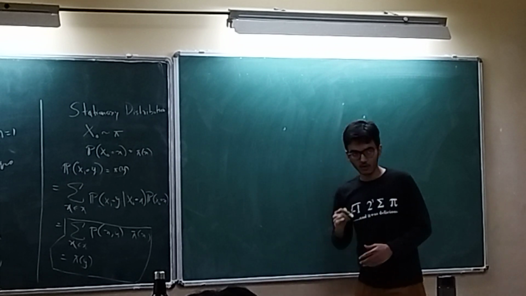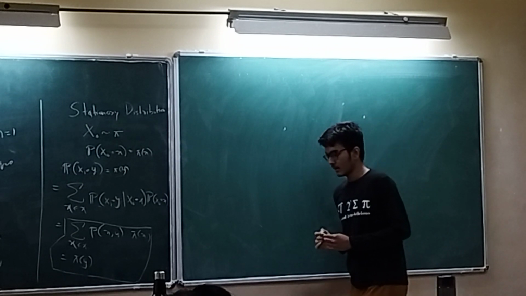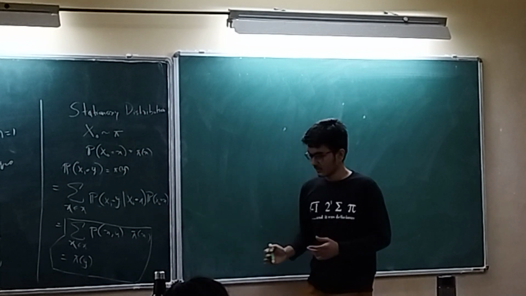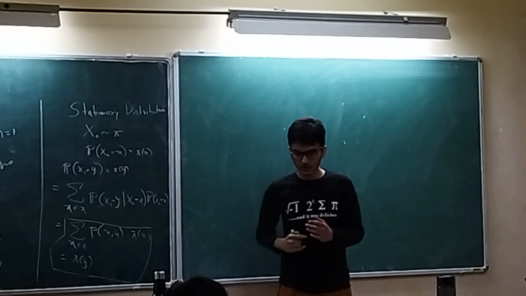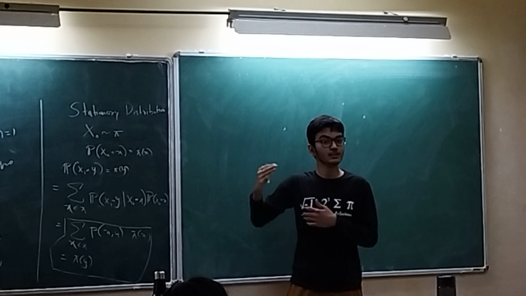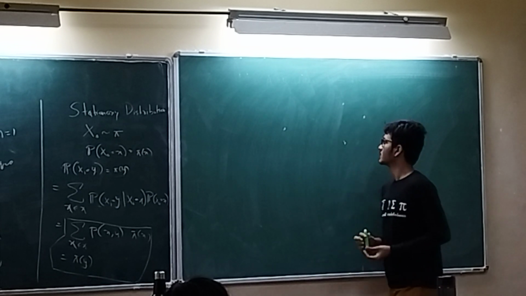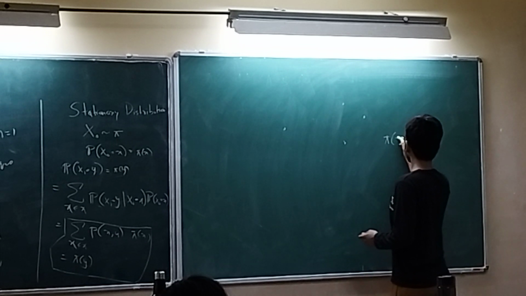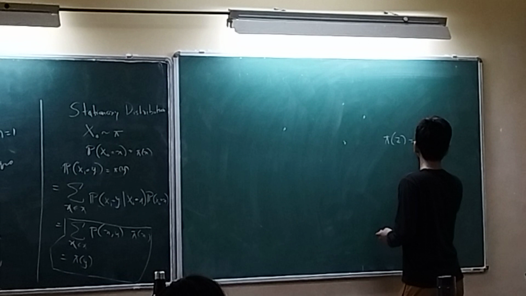So, you run a Markov chain for a long, long time. And as I have already told you about the intuition of the stationary distribution, the stationary distribution gives you the long term or the eventual distribution of the Markov chain. So what does that say? Pi of z equals 1 by the expectation of tau z plus.